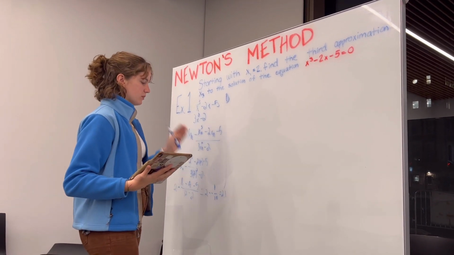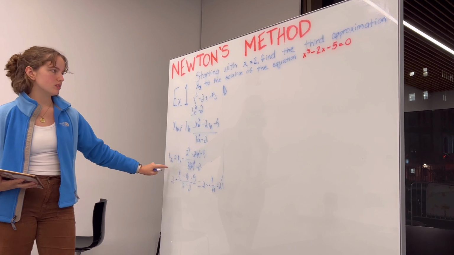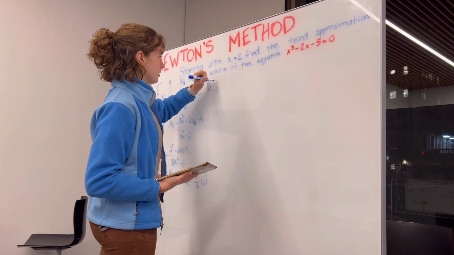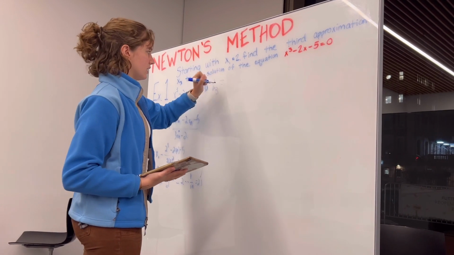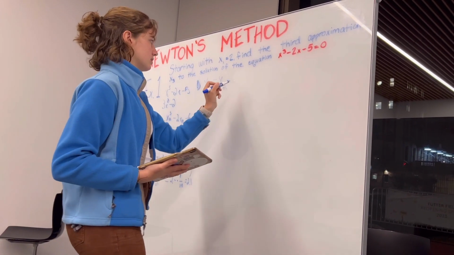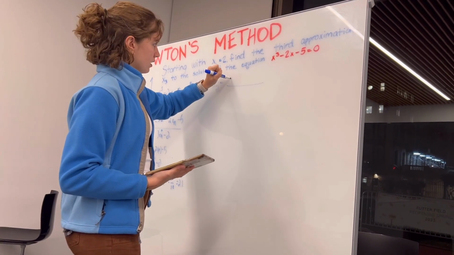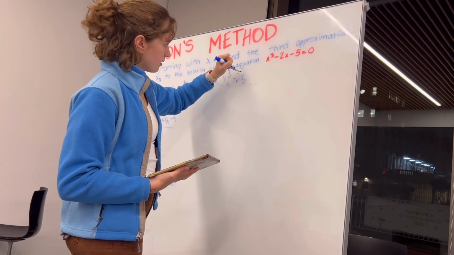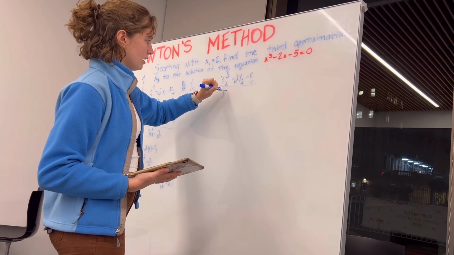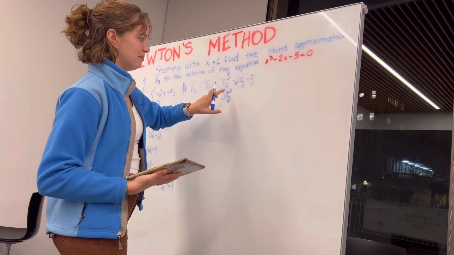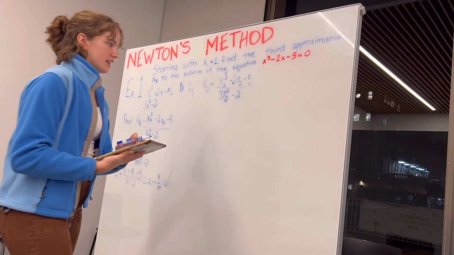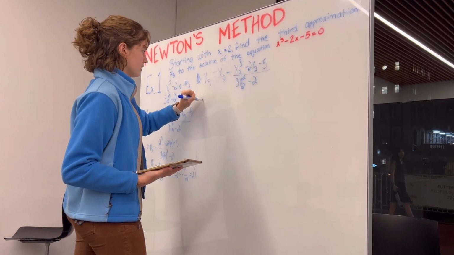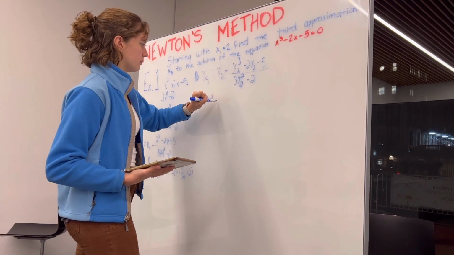All right, so now essentially we're just going to take the approximation we did for x subscript 2 and use that and plug it into x subscript 3 in Newton's method. So we're going to take x subscript 3 equals x subscript 2 minus x subscript 2 cubed minus 2x subscript 2 minus 5 over 3x subscript 2 to the power of 2 minus 2. So then here, now that we have this equation, we're going to plug in 2.1 wherever we see x subscript 2. So we'll take x subscript 3 equals 2.1 minus